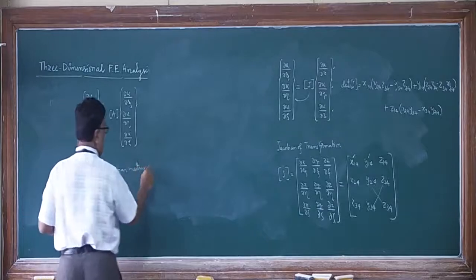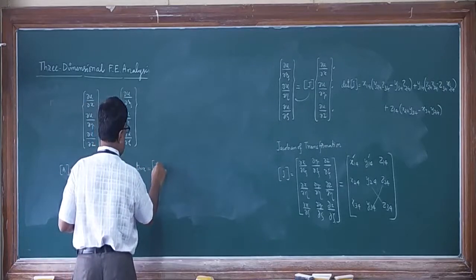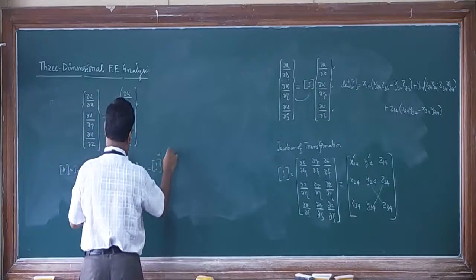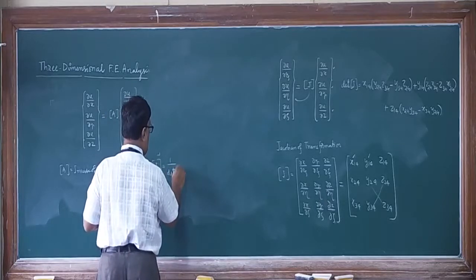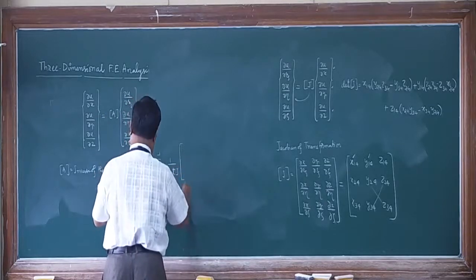That is what you call J inverse, and this is given by 1 upon determinant of J into bracket